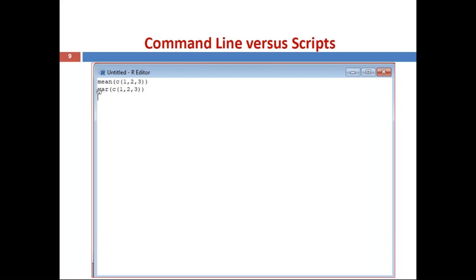If you want to execute the second command, variance, select it, then press Ctrl plus R. Or if you want to execute these two commands at a time, you can select both, then press Ctrl plus R, then both outputs will be displayed one after the other.